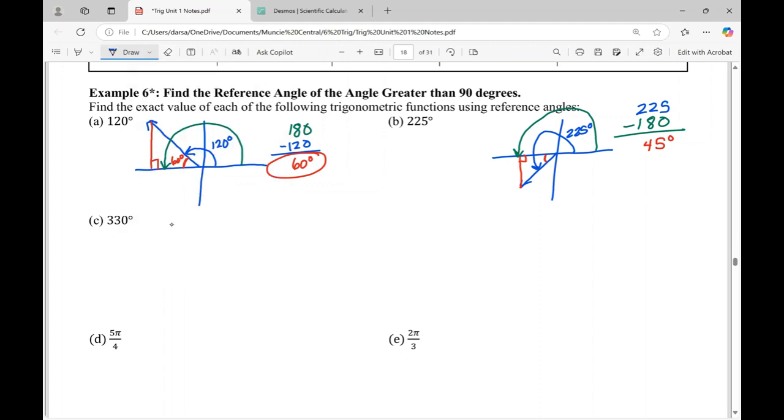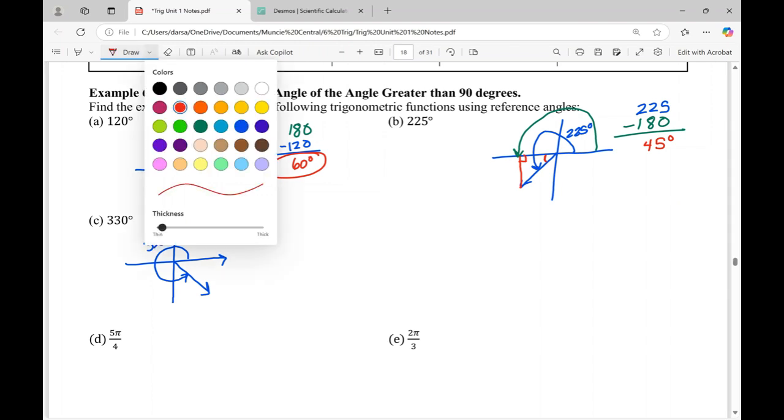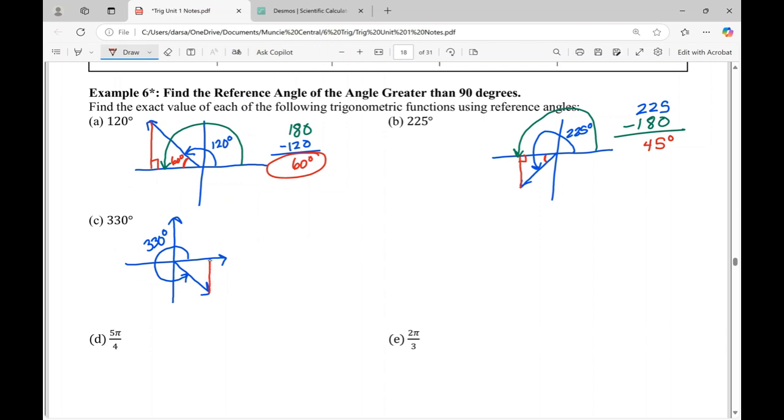Okay, let's look at one in the fourth quadrant. Now, the fourth quadrant's a little odd because notice in the last two, we've used 180 degrees to help us find the reference angle. In the fourth quadrant, let's say 330 degrees, which is how far we went. So we went all the way around here to 330 degrees. And where is our reference angle? Well, we connect the terminal side to the x-axis, and the reference angle is this little guy here near the